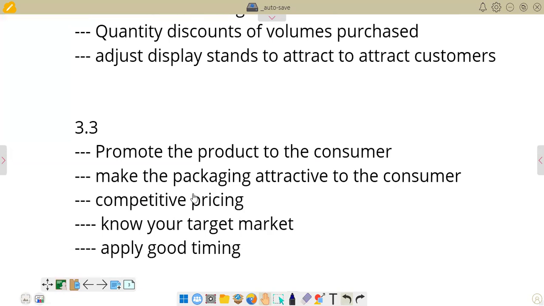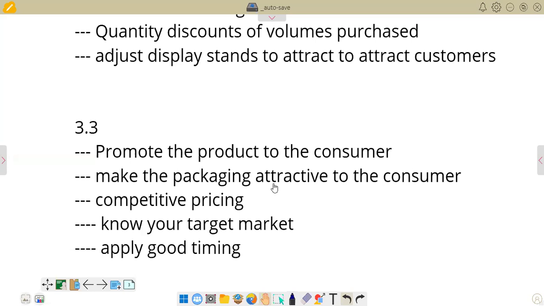Then the third point is competitive pricing. Competitive pricing means we are pricing a product in relation to what competitors are setting their prices at. In other words, we are making sure that the position at which we put our prices makes our product attractive to our customers. In other words, again, we are saying that the pricing is going to be a little bit lower